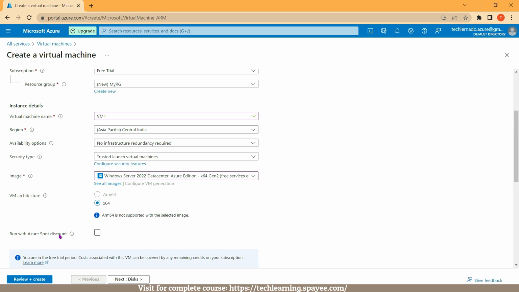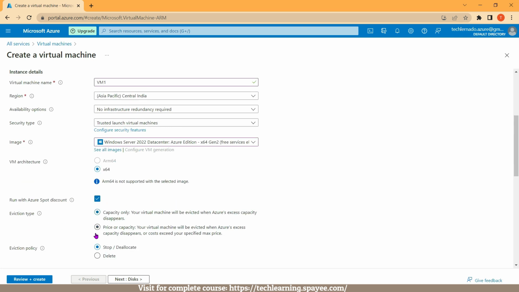Let's say if I want to run my virtual machine with Azure Spot discount, I need to select this checkbox, and here there are two eviction types mentioned. The first one is capacity only, and the second one is price or capacity. If I select the first option, whenever Microsoft Azure needs capacity, it can take it back from our virtual machine. If I go for the second option, where price or capacity are both mentioned, Azure will take back the capacity from our virtual machine